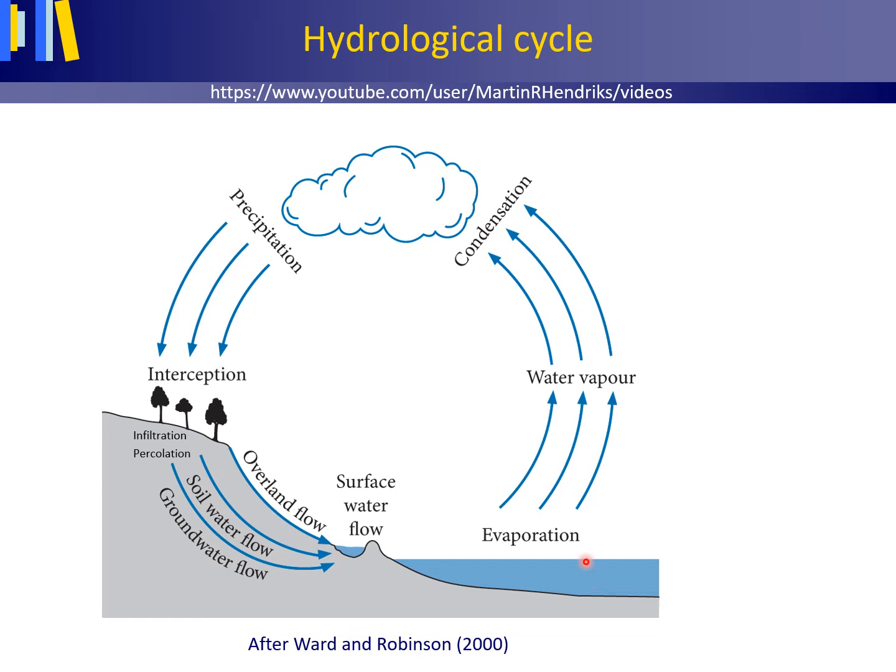The ocean surface is heated by the sun. Because of this, the water is heated and water molecules start to move more quickly. A number of water molecules escape from the ocean into the air above, a process called evaporation.